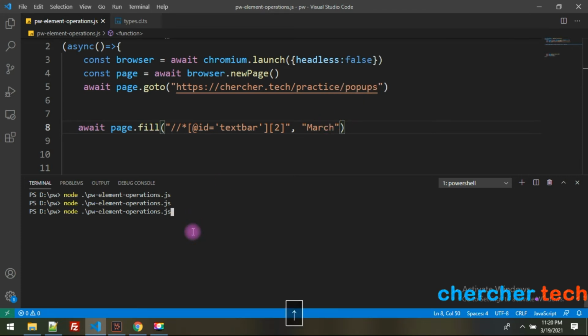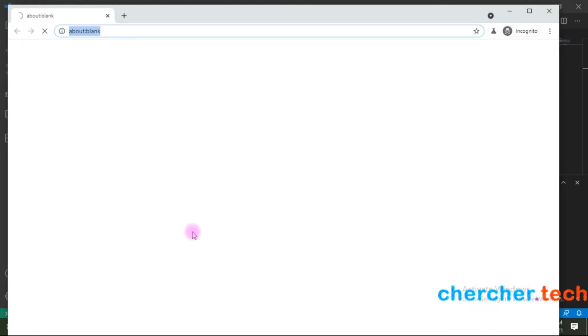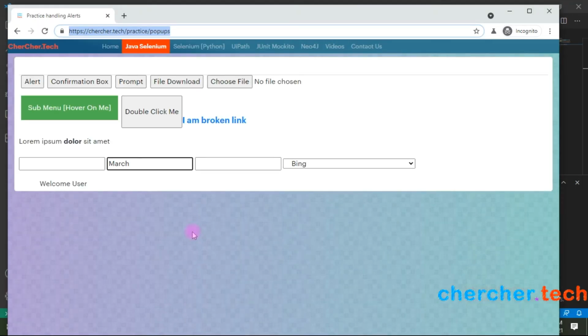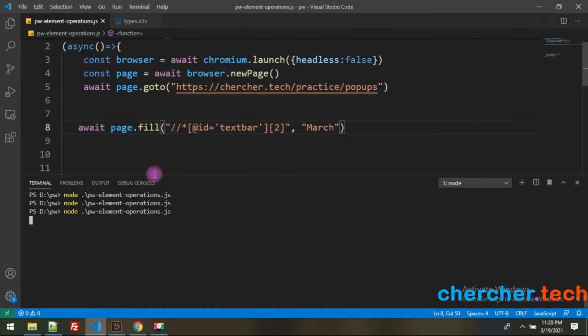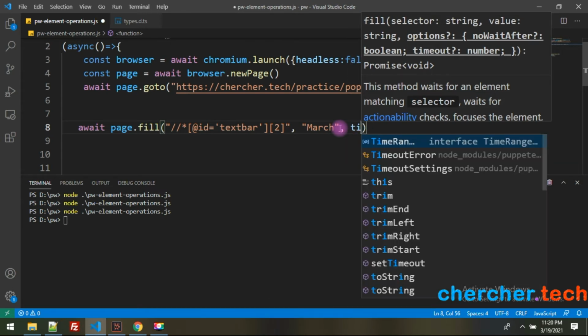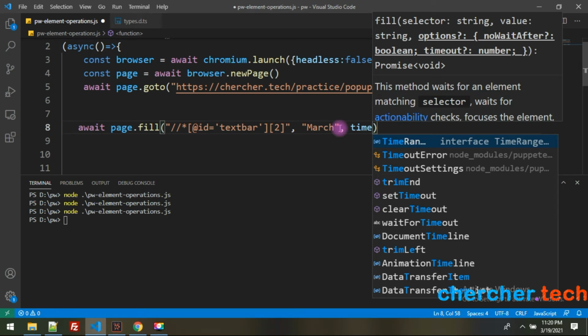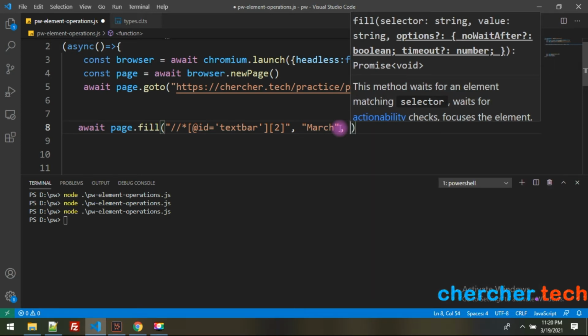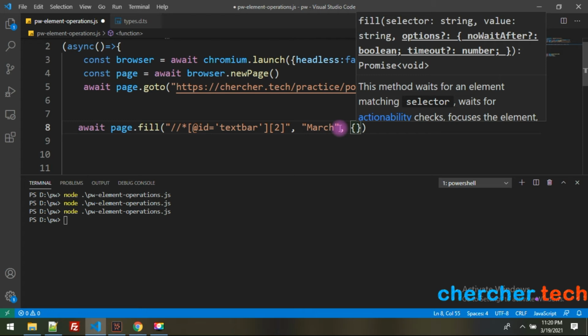Let me rerun it. Now it should set March. You can see March is set here. After the second parameter, you can give one more parameter, which is timeout. The third parameter is a dictionary, or you can call it a map.